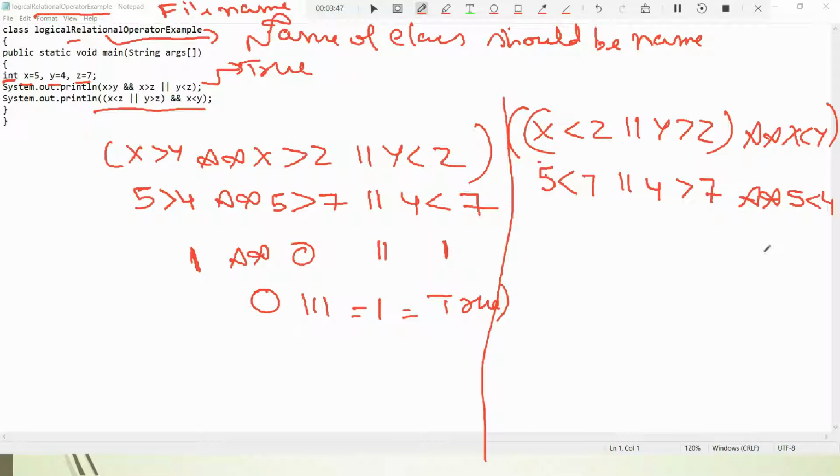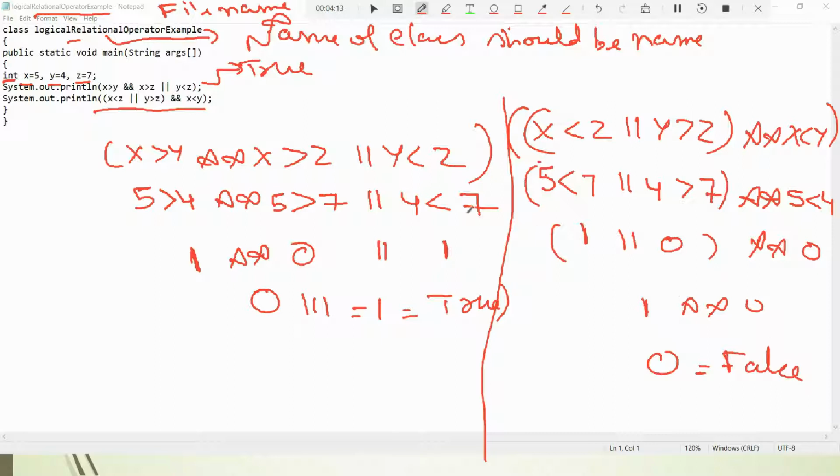What happens here? 5 less than 7 is 1, or 4 greater than 7 is false, 0. One case is true here, so this is nothing but true. And 5 less than 4 is false, 0. So here this is 1 and 0, which is 0, nothing but false. So this one's output will be false.